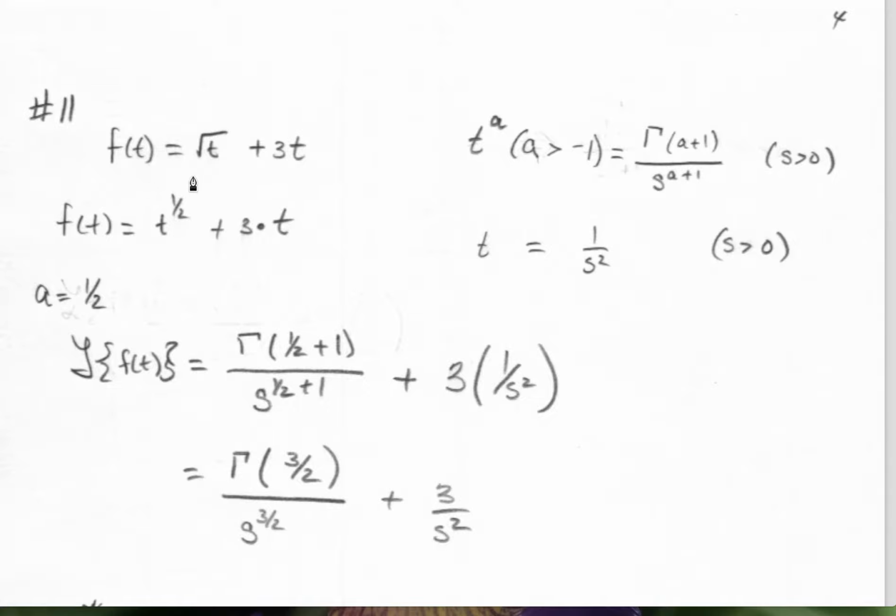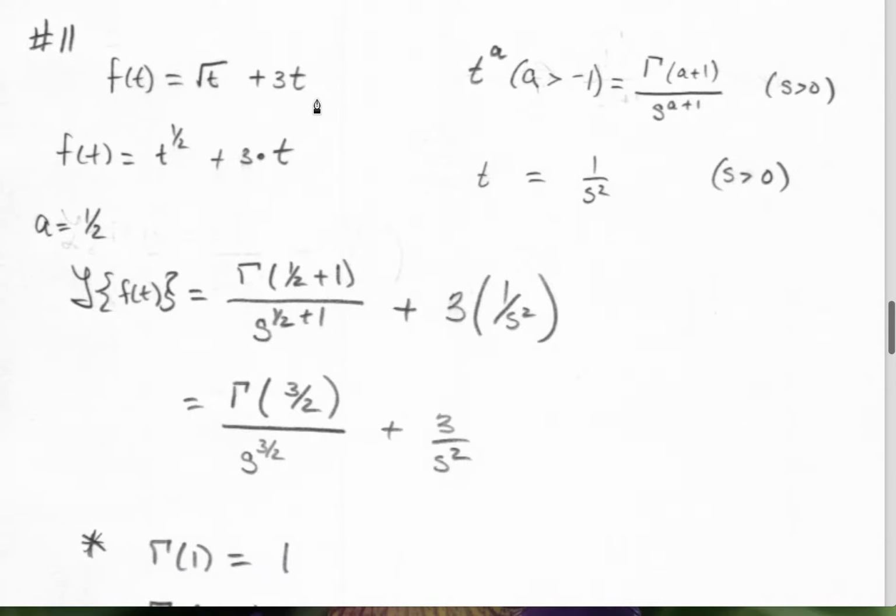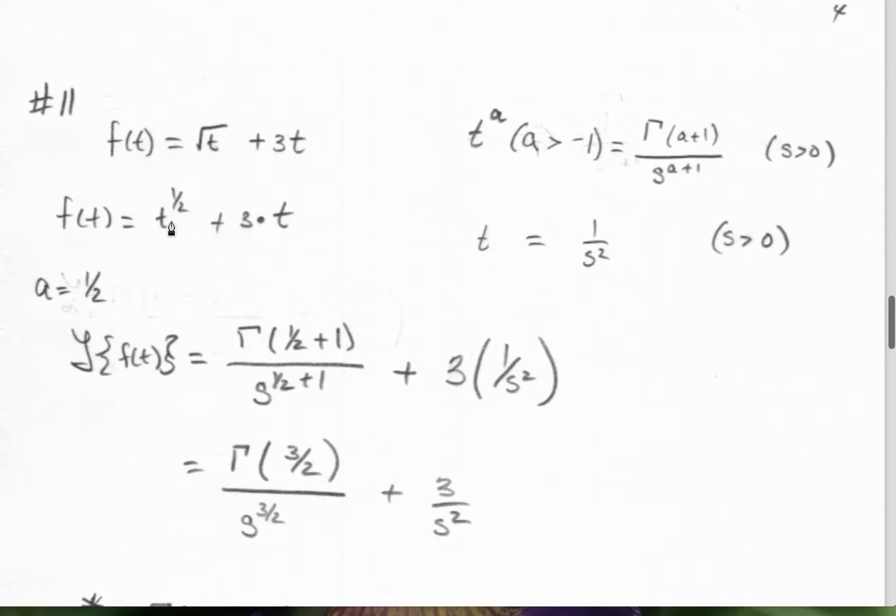So let's look at number 11. I have f of t equals the root of t plus 3t, and I rewrote this as t raised to the half plus 3 times t. So I consult my table, and I'm going to look at this part over here first. So t itself, when I apply the Laplace transform, is 1 over s squared. So this part is easy to do. And then t raised to the 1/2, I see that when I have t raised to some a, where a is bigger than -1, then I should use this gamma function of a plus 1 divided by s to the a